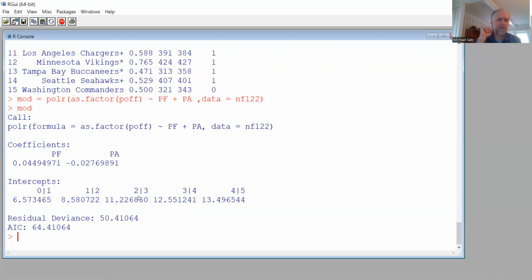So we need our NFL 2023 data. We're just going to do one at a time here. The first thing we'll look at is the probability that a team doesn't make the playoffs.